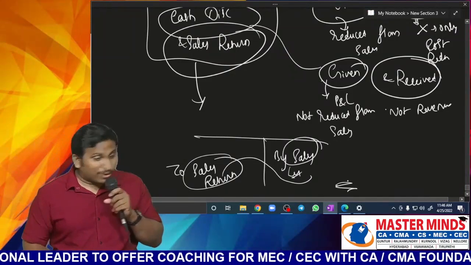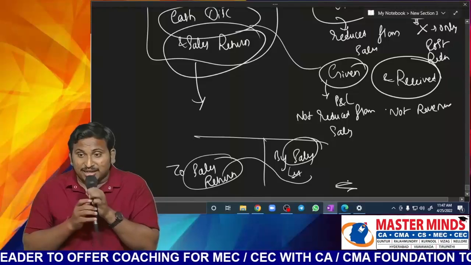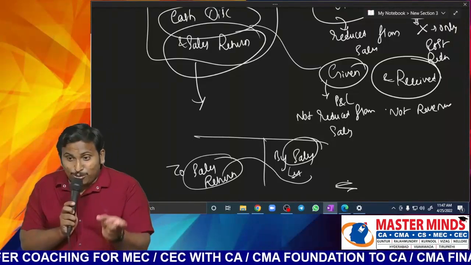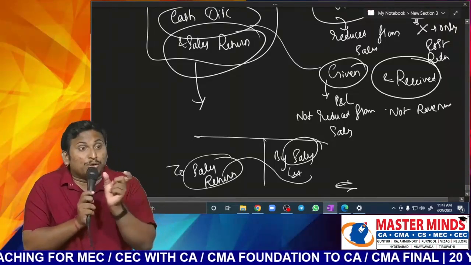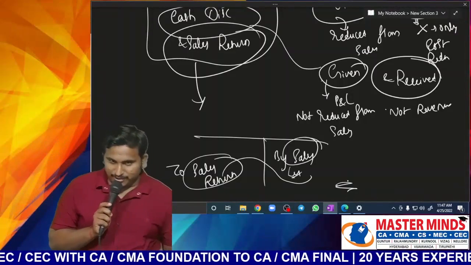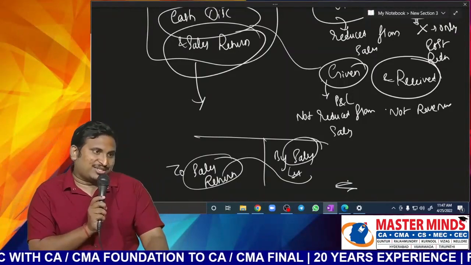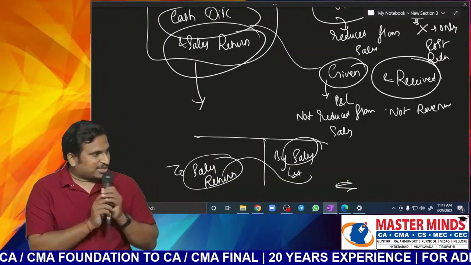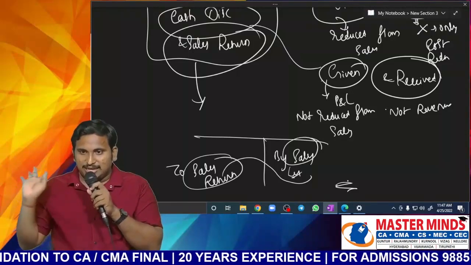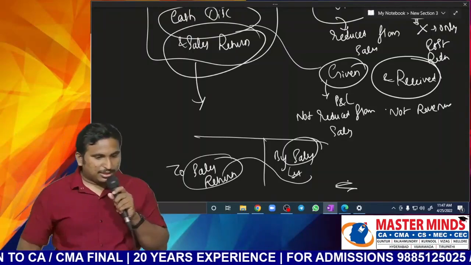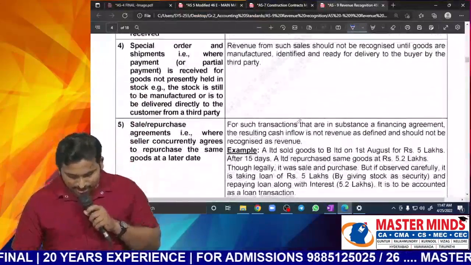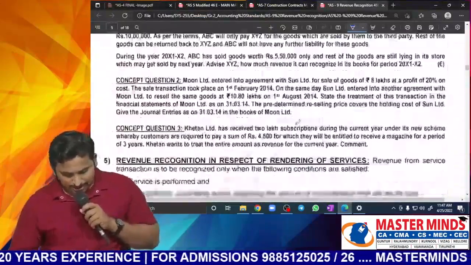I am not talking about that, because the revenue definition is like this, sir. Revenue refers to gross inflow of the cash, receivable, or any other consideration. It is talking about what, sir? Gross inflow. So thereby, I will not reduce any sales return from sales when I am recording it initially. Later on, for the purpose of presentation, I may reduce it. That is presentation only, not the actual sale value. So discussion clear? So like that, these are some of the important items. Let us see one or two questions, sir. You will have a better clarity.